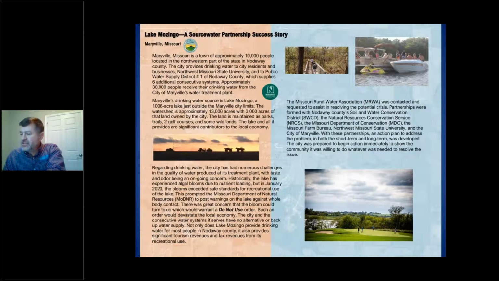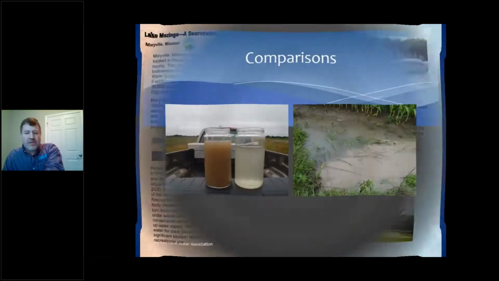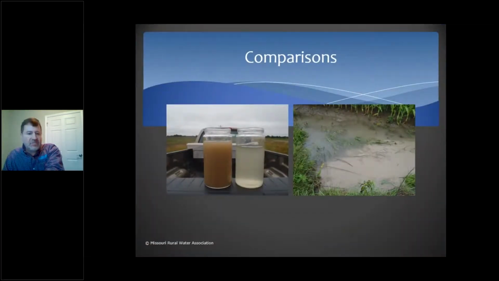So this is just talking a little bit more about Maryville. We do have solutions to work together. This is a little brochure we put up of all the different groups working together. These are not hard fixes. There's technology out there to already do it. A couple more pictures. This was the guy that started cover crops this one year, and he took these after a little rainfall event.